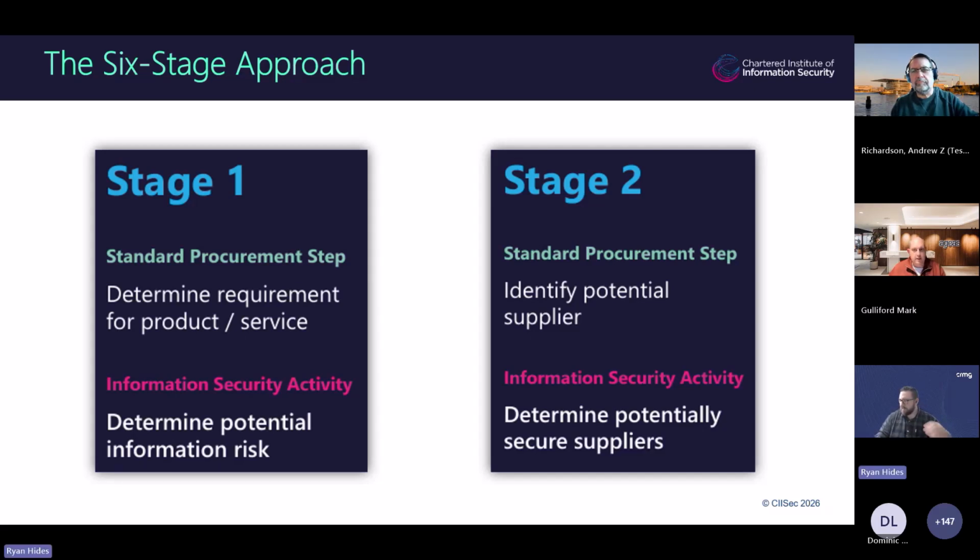Thank you. And then stage two. So this is generally where procurement's going out to determine potential suppliers. So there may be several suppliers that provide the service that you're looking for. They would do some research to understand who those are. You may already have a supplier that does this work for a different business area that you would prefer to engage with. If so, great. If not, it's the opportunity to go out to tender, essentially.